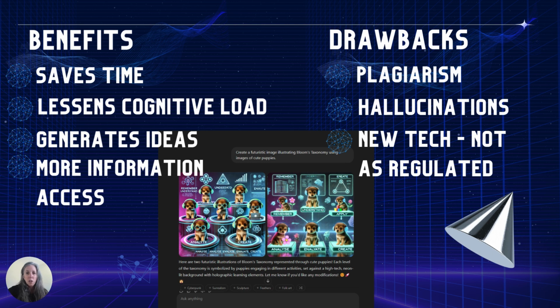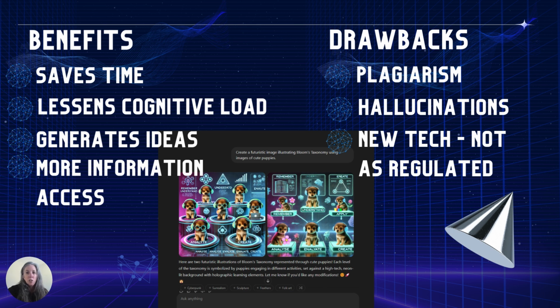ChatGPT also can be a good starting point to generate ideas. ChatGPT also can provide access to more information that's just easy to read. I feel like it learns what you like, and sometimes it gives you two responses that you can choose from. So some of the drawbacks are